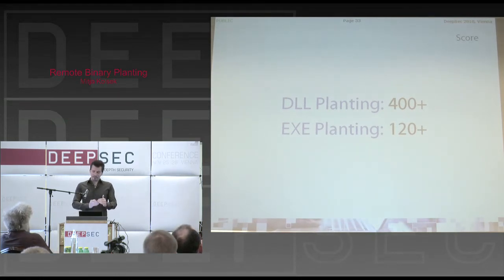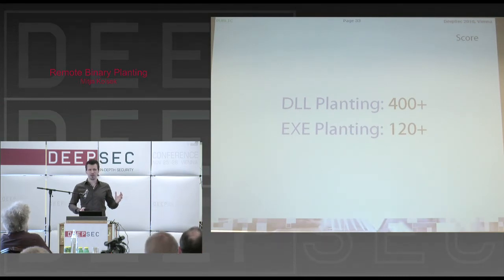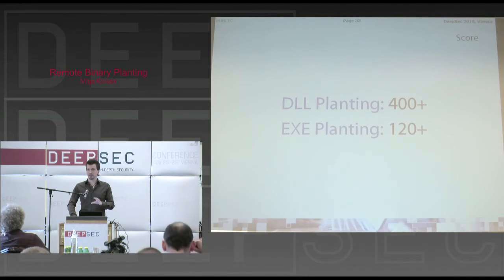So about the DLL to exe planting ratio, it was a kind of a surprise to us. First of all, we started with DLL planting issues, and we found a bunch of those. And then we said, okay, let's look at the executable planting issues, and we didn't really expect to find many, because when you think of it, DLLs are being loaded all the time. When you launch Microsoft Office, for example, probably about 500 DLLs are being loaded.